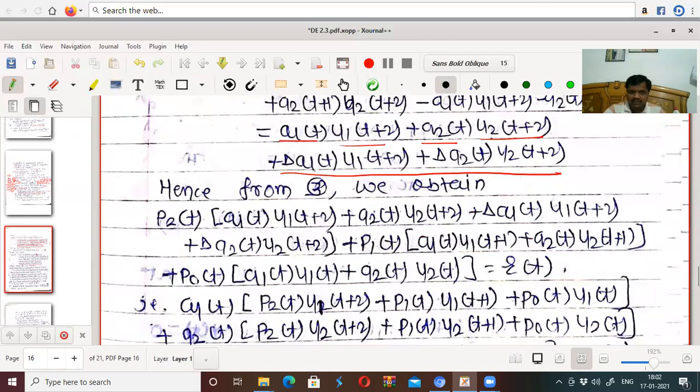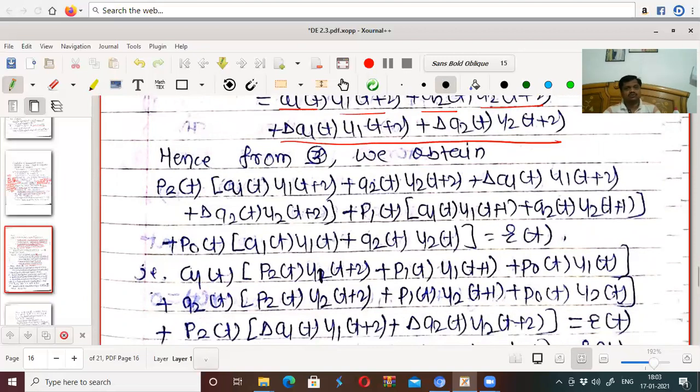we obtain p2t into yt plus 2, right? Plus p1t into yt plus 1, plus p0t into yt. What is yt plus 2? a1t u1t plus 2 plus a2t u2t plus 2 plus delta a1t u1t plus 2 plus delta a2t u2t plus 2, plus p1t into, this is yt plus 1, a1t u1t plus 1 plus a2t u2t plus 1, plus p0t into yt, a1t u1t plus a2t u2t equal to